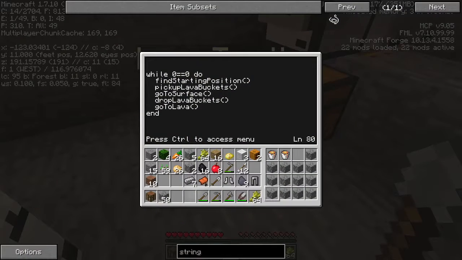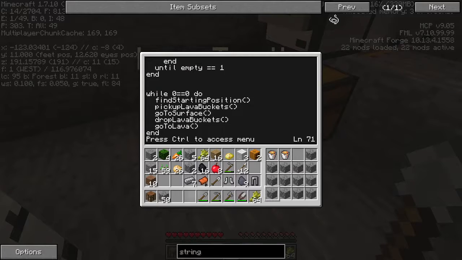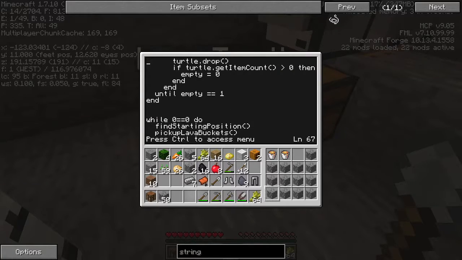This function, dropLavaBuckets, is very much a continuation of last episode. If you have no idea what's going on here, I recommend you check out the previous episode, at least the last 10 minutes or so, because that's when I get more specifically into what is going on here. So we are trying to get that to be able to...